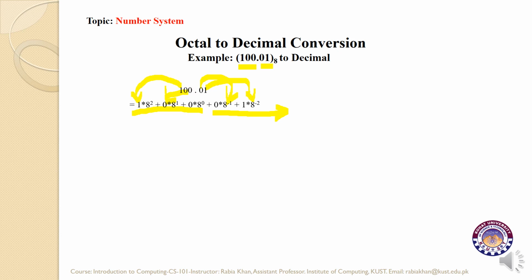Instead, you can replace this decimal point with a plus symbol that will connect both the integer part and the fractional part, because ultimately these negative powers will generate a decimal point. So we do not need to add another decimal point. So here we replace the decimal point with plus symbol. Now after clearing up the powers, the result is this.